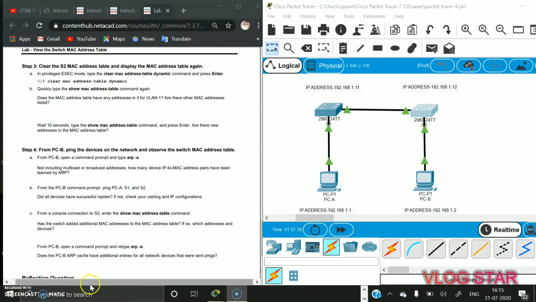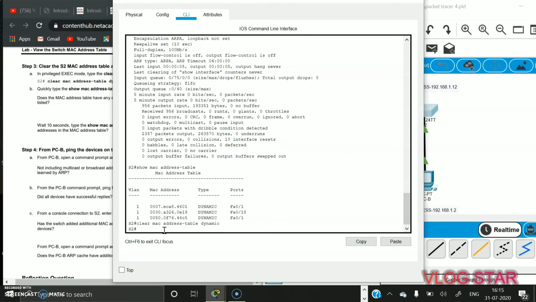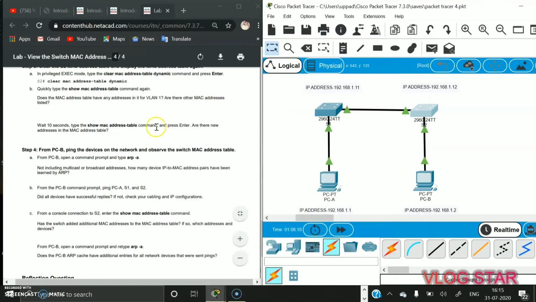For that, click on the S2, then enter the command clear mac address-table dynamic, and then show mac address-table. Now we can see here only one MAC address is given. Okay, we have completed this.